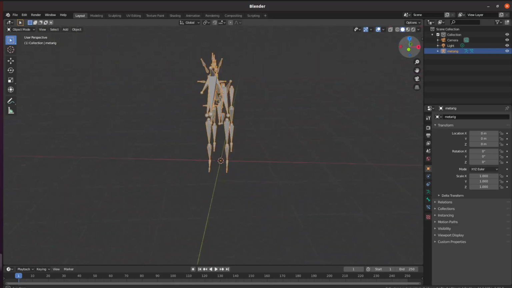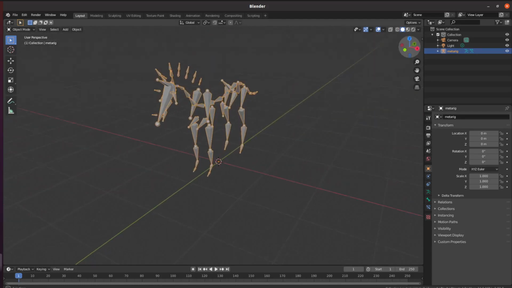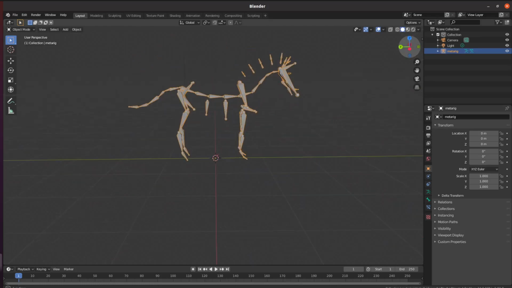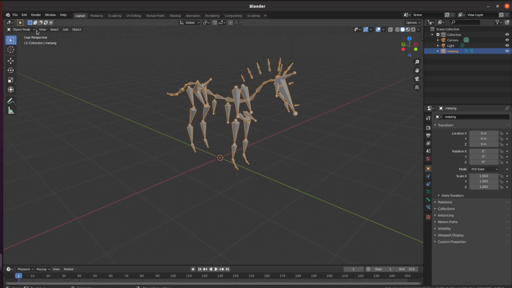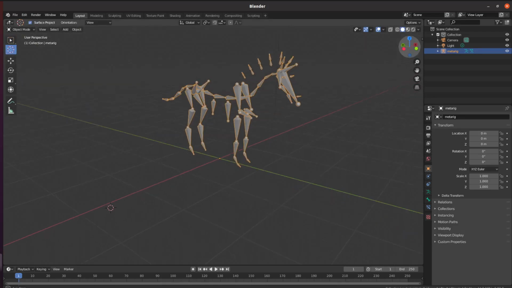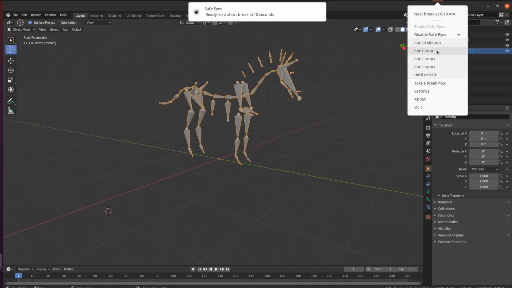So basically, we are using a built-in skeleton of a horse provided by the Rigify. But what you can do is, because everything I will show you how the grouping is done over here, but